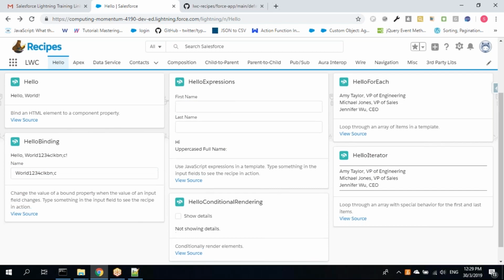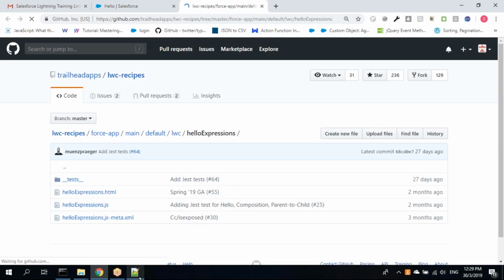Two input tags are there. Click on view source. Yeah, so click on view source. Then